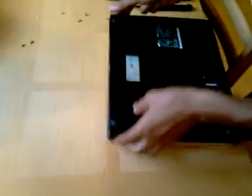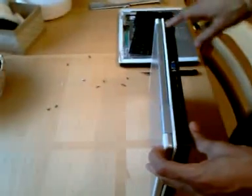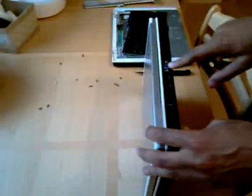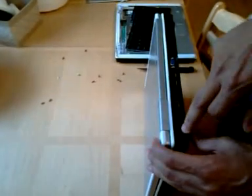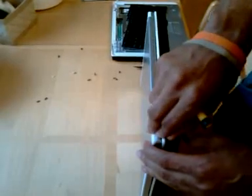Boom, easy. Once you're done with those 2 screws, you're going to lift up the laptop and you're going to see 2 plastic covers right next to the connections. You got your VGA connection here, and you got your USB ports and your Ethernet and telephone cord, and next to that's your AC plug. After the AC plug, you're going to see a little black dot. Just lift that up,